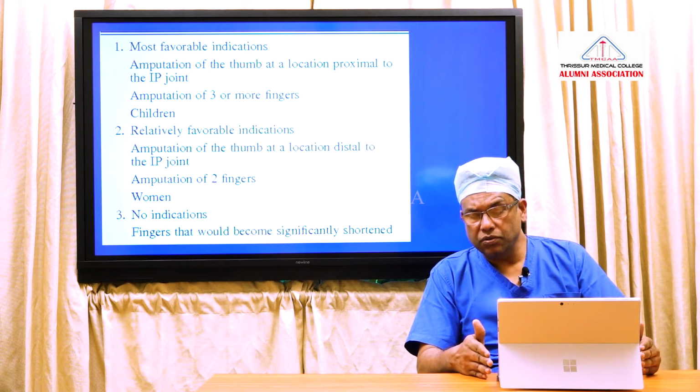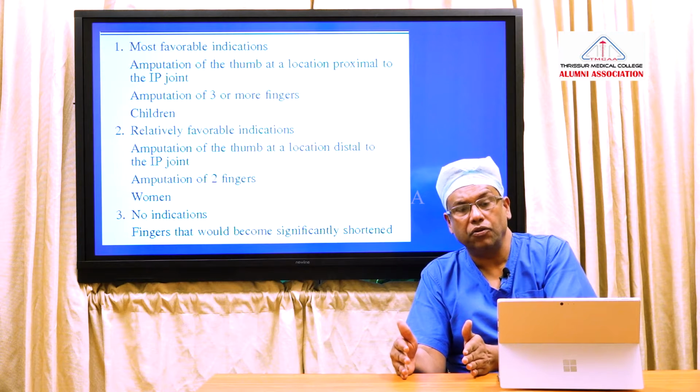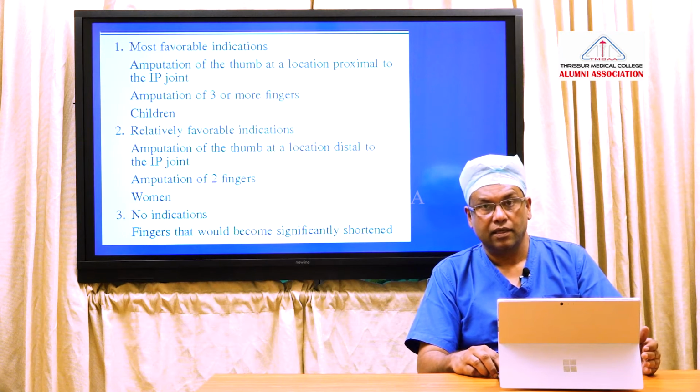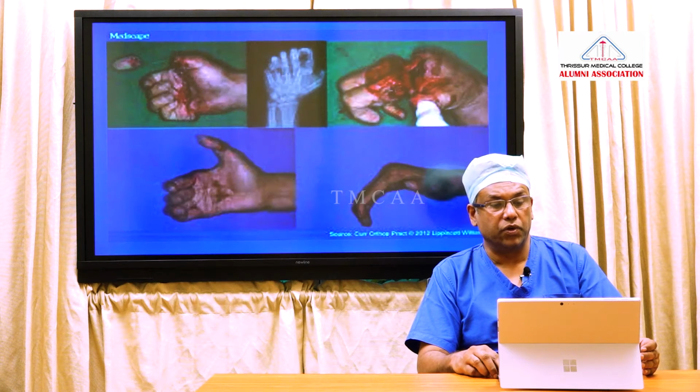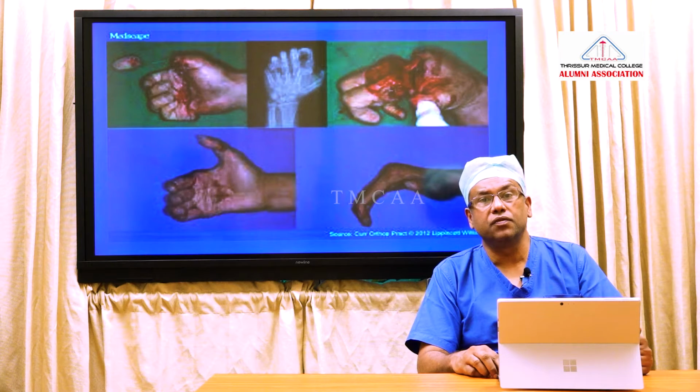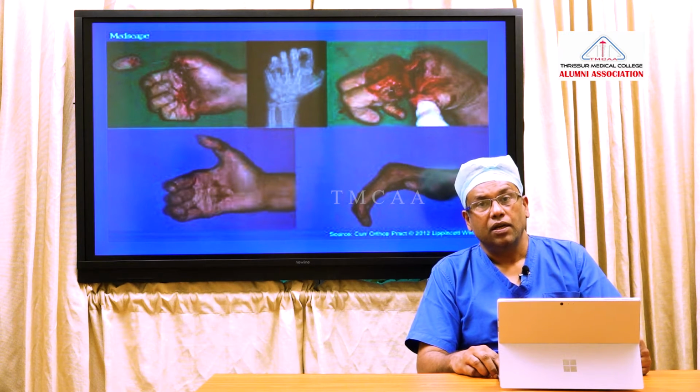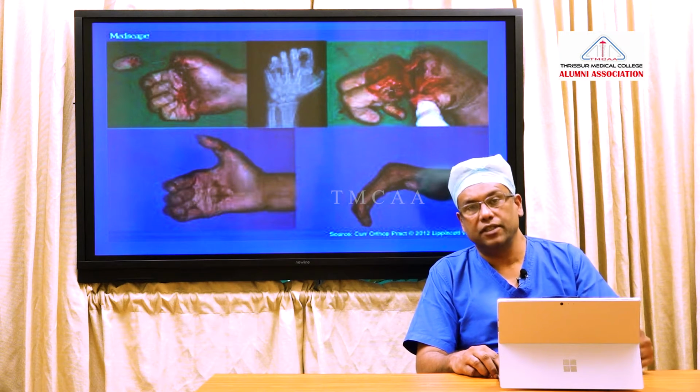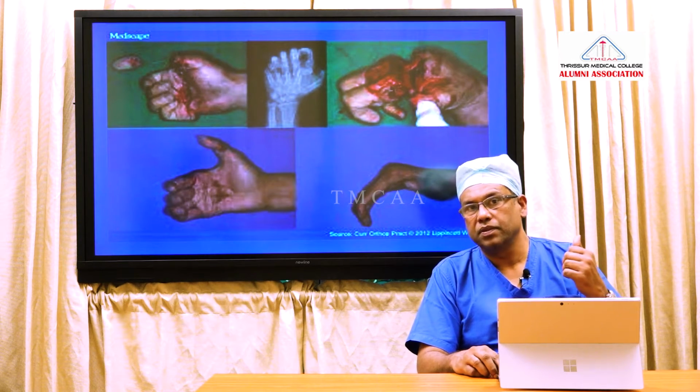Now, you transfer this patient to a center of excellence. You have 5 amputated digits to reconnect. Which digit will you choose? Just imagine which digit you will choose. You have to choose the thumb first. Why? It is a thumbs up.